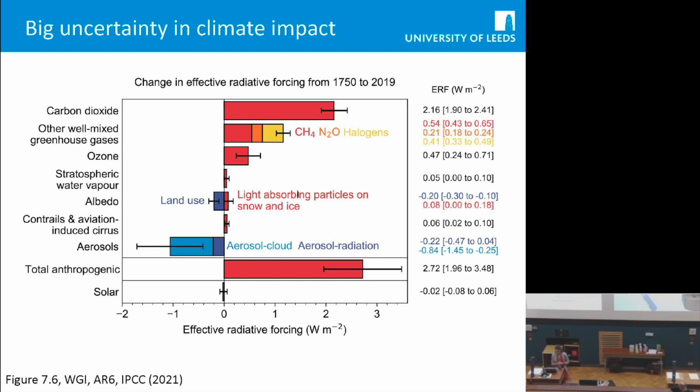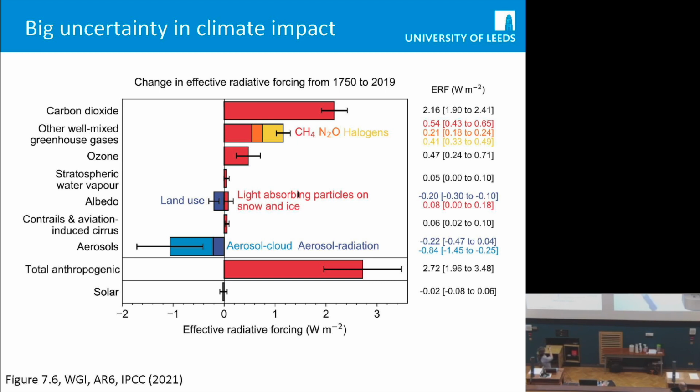What this chart from the IPCC is showing is we've got things like carbon dioxide and other greenhouse gases at the top. I'm sure this is something that people are quite familiar with. But we've got those big positive radiative forcings from the greenhouse gases. So this is all representing the change that's happened basically since the pre-industrial period to the present day. So in terms of greenhouse gases, we've got positive radiative forcings because the concentration of those has increased and they have a warming effect. There's lots of other stuff going on, but you can see